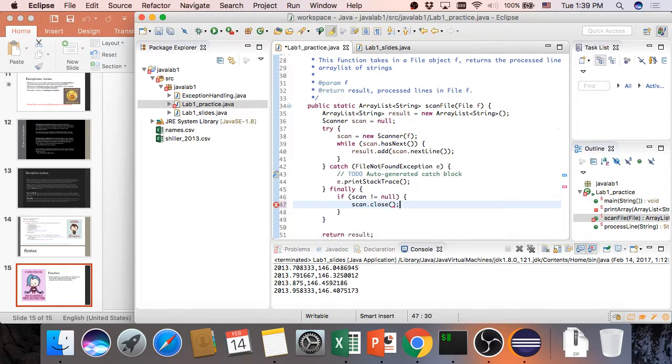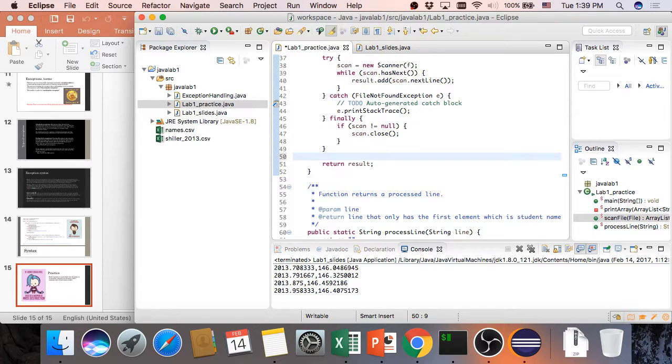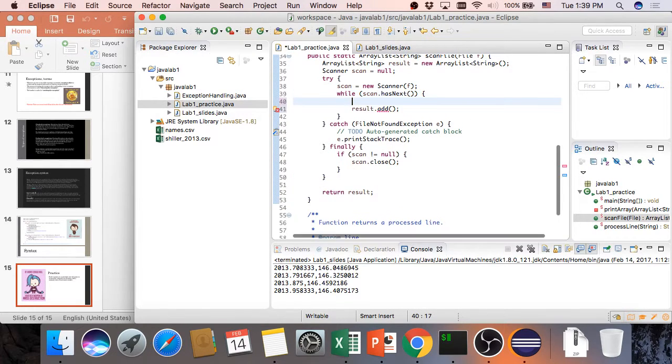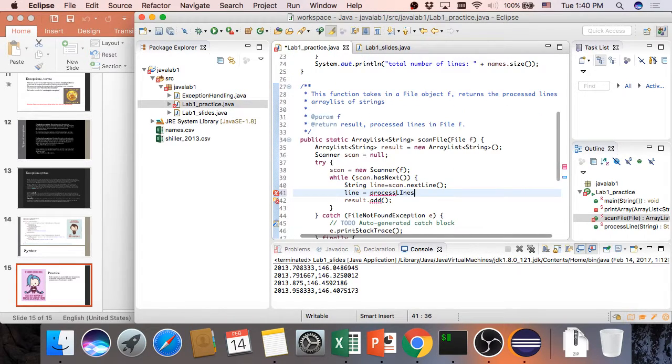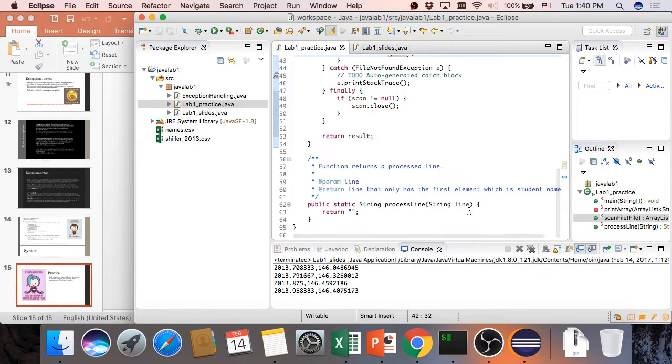Is that right? Okay, so this only gives you a result that has every line read into it. But instead, we don't want to add this thing. We want to add the processed line. So what we do is we give a temporary variable called line, and then say line is equal to processLine, I think it's called. Okay, and then result.add the line. And then we process the line over here. So for each line, we get